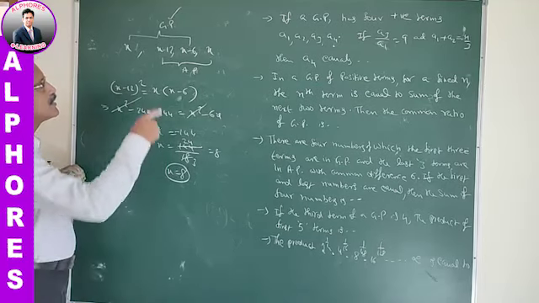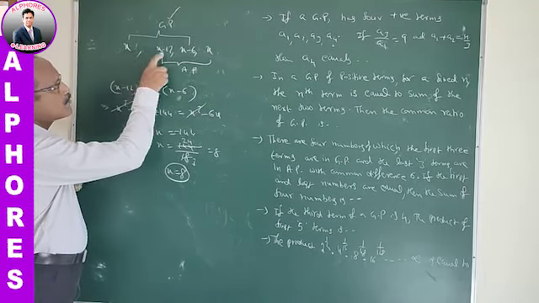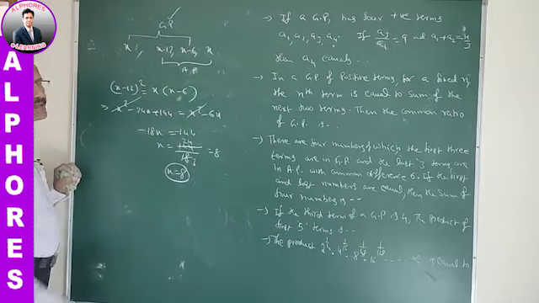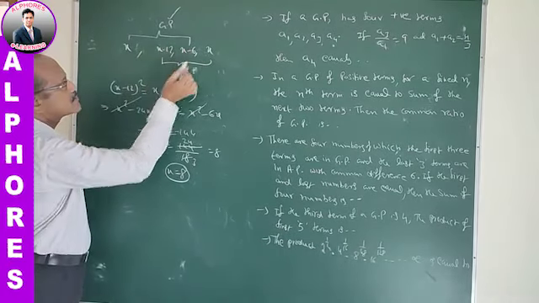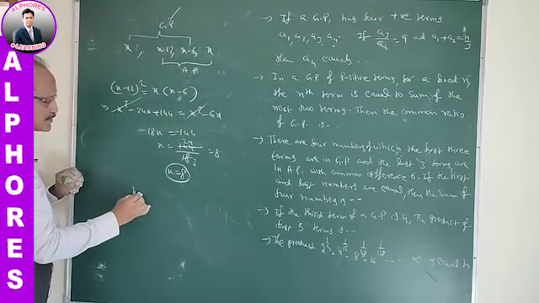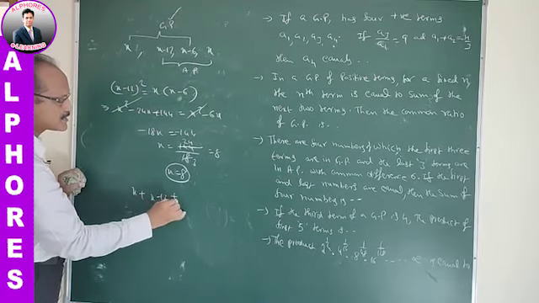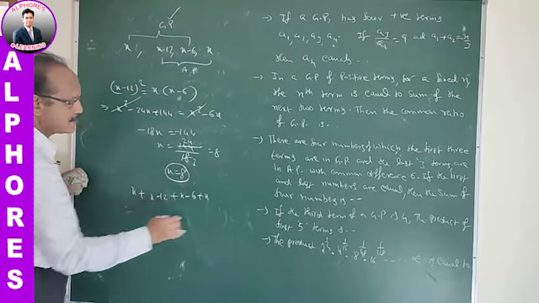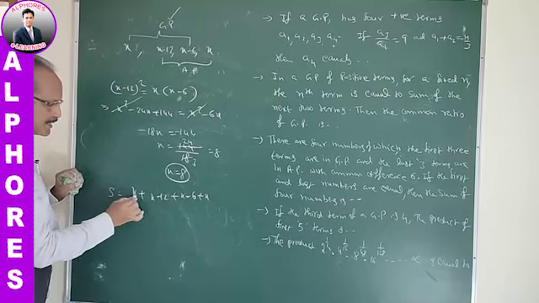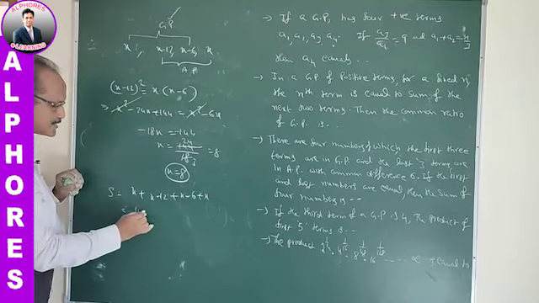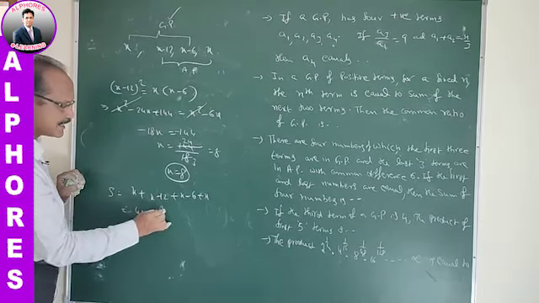Now coming to the final step, the sum of the terms of this sequence is required. Now I am adding all these terms. That is x plus x minus 12 plus x minus 6 plus x. I have to calculate the sum. X plus x plus x plus x, that is 4x. Minus 12 minus 6, minus 18.